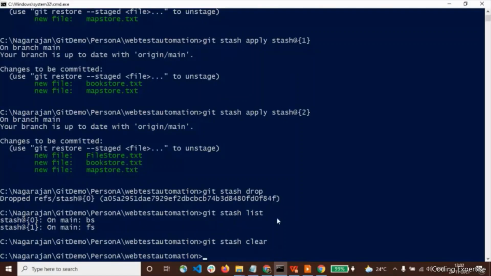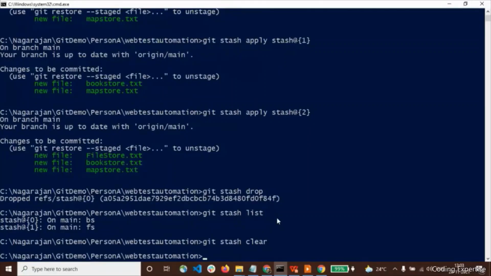The purpose of the stash is to save our local changes temporarily, and whenever we need them, we can get the changes back by using git stash. For example, if you are working on a main branch and doing some task, once that task is done, you are switching to dev branch and working on some changes there. If you wish to come back to main branch, you'll have to stash the changes on dev branch, and then you can come back to main branch.